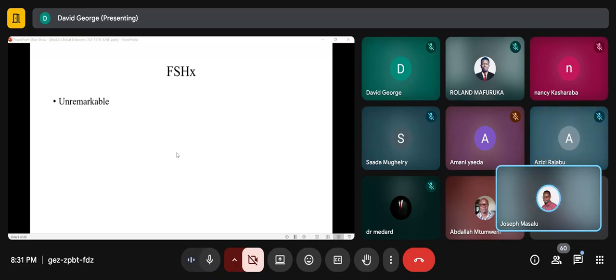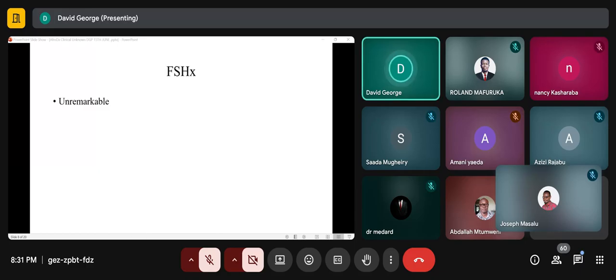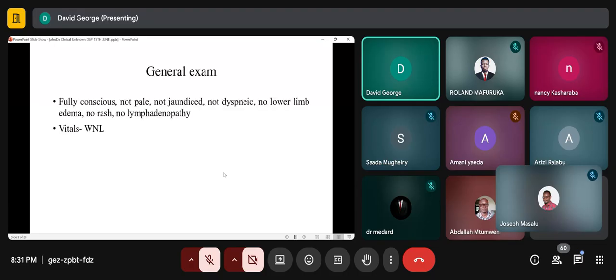So let's see the coming slide, David. Okay, so we go to physical exam. In general examination, nothing really remarkable. This patient was fully conscious, not pale, not jaundiced. She was not dyspneic. At least she was not using a